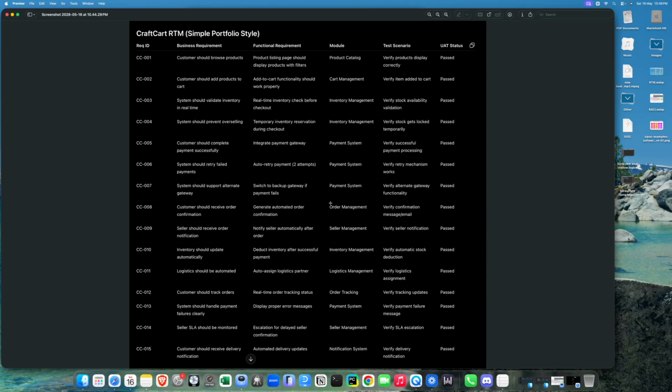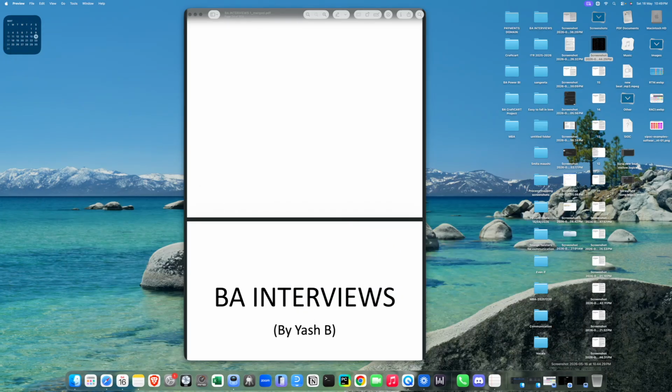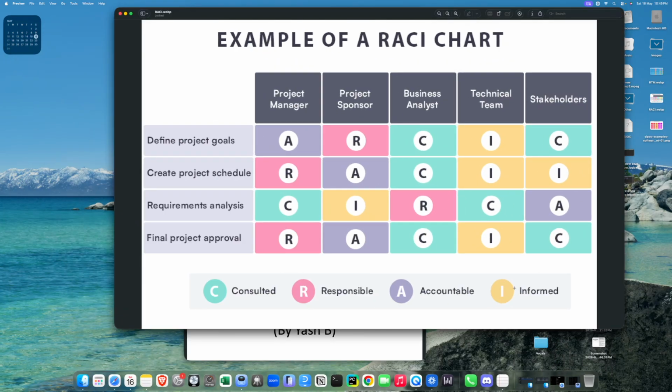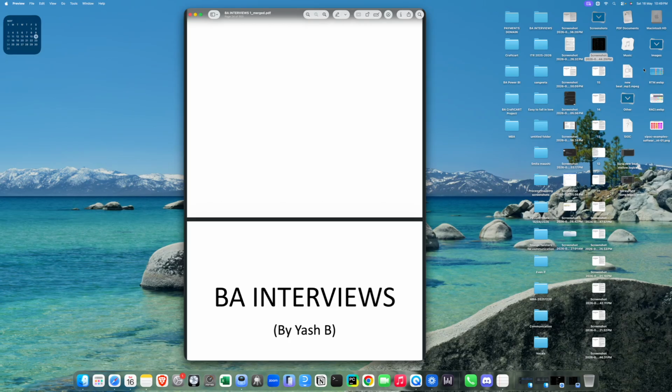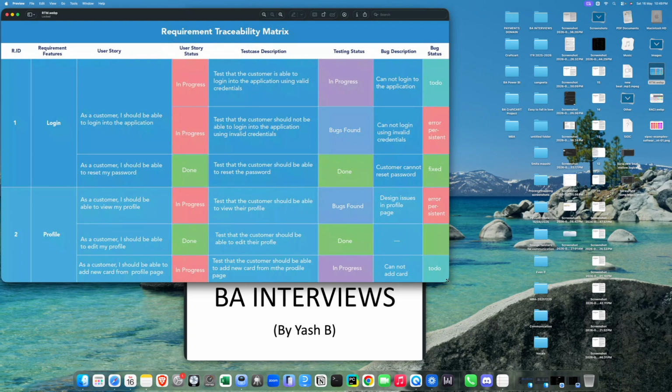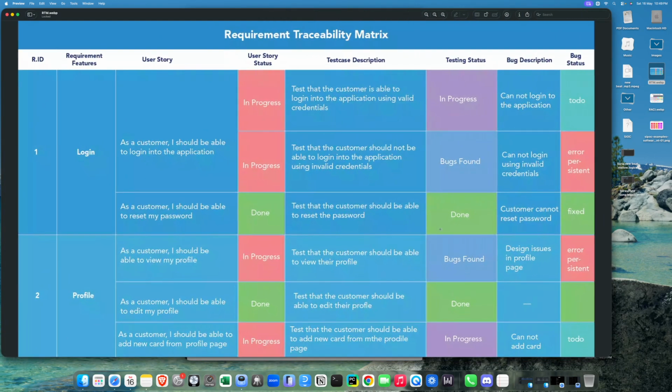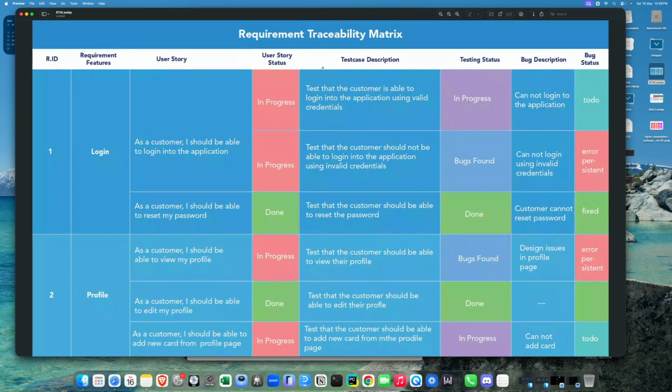If you think this is kind of difficult for you to understand, I will give you one more example, and that's, just a minute. I'm sorry for that. It's this. So this is a requirement traceability matrix. As you can see here, there's the requirement ID,